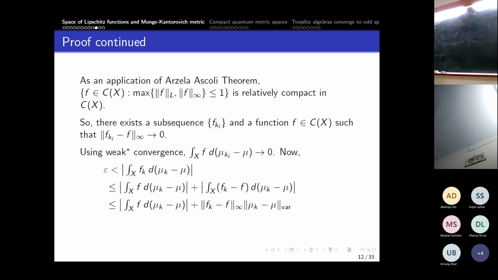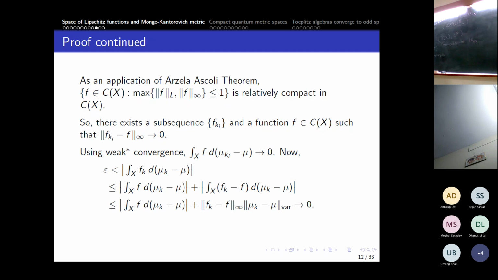If there is no bound on mu k and mu, it can also vary in an arbitrary way. But in our assumption, we had taken that both were bounded by 1. So it converges to 0. Now the right hand side is going to 0, but the left hand side says that these numbers were greater than epsilon, which is a contradiction. So what we have proved is that